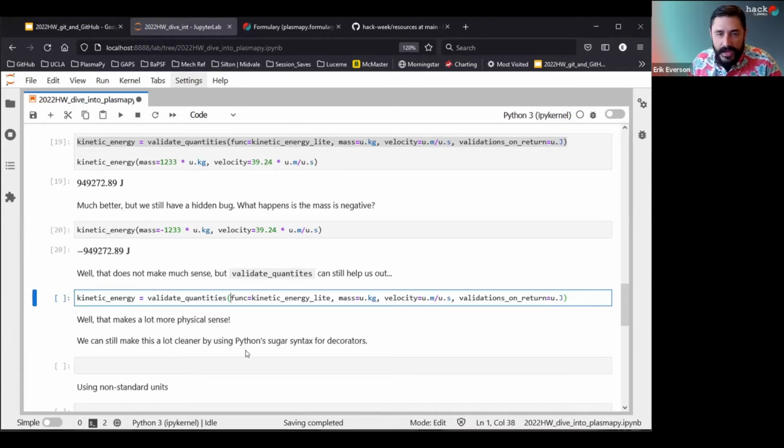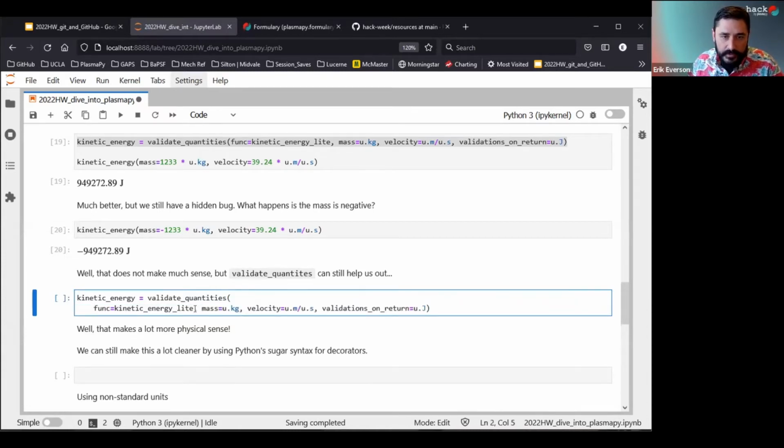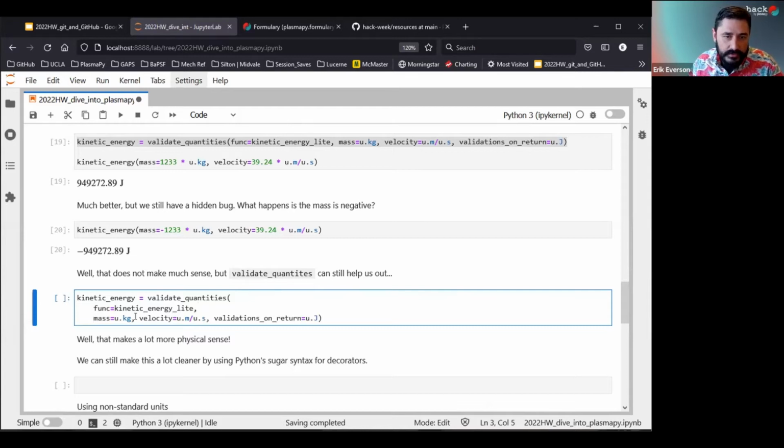Okay, so this line is getting rather long, so I'm gonna clean it up a little bit. So I'm gonna go enter here. I'm gonna do an enter after each comma. So